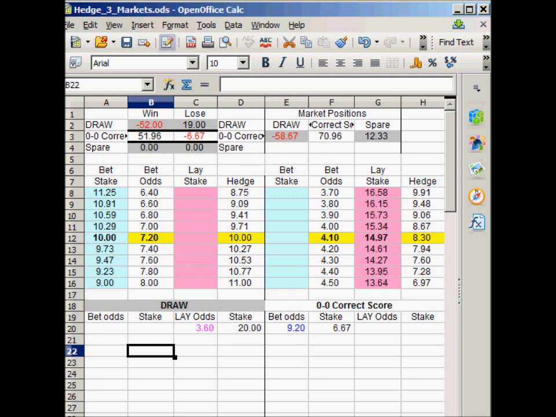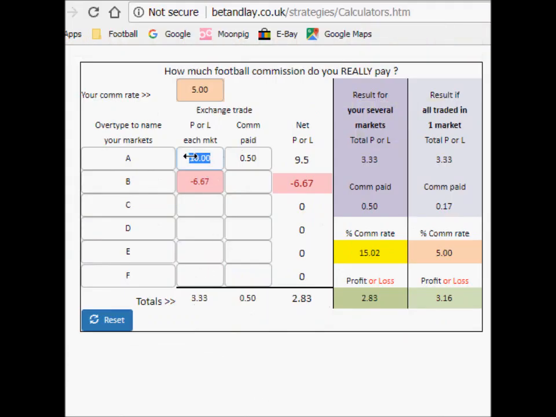So let's put those into the commission calculator. Here I put a profit of £10 in, and at my commission rate of 5% I would pay 50p on that. And there's our losing bet from a correct score, and you can see we pay 3 times the normal commission rate of 15% on this trade. Now the smaller that profit becomes, the bigger that commission rate will get. If we only made a fiver there, if we bet at lower odds, we would pay 25p there,